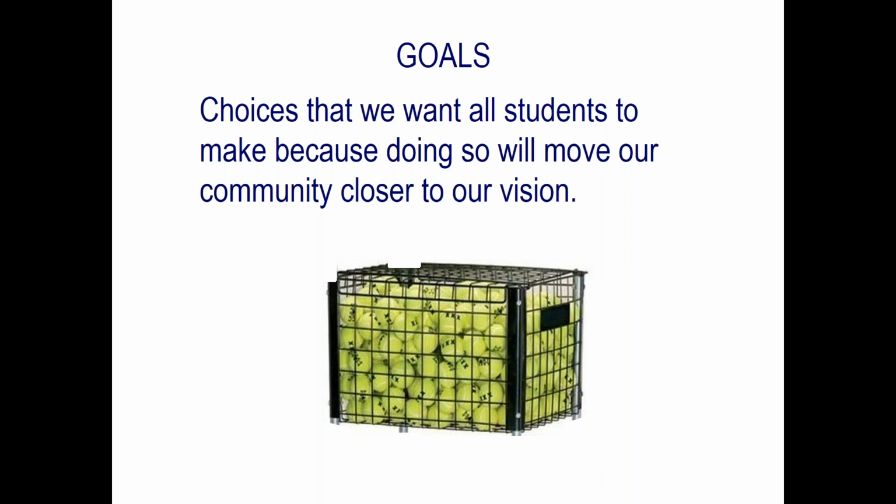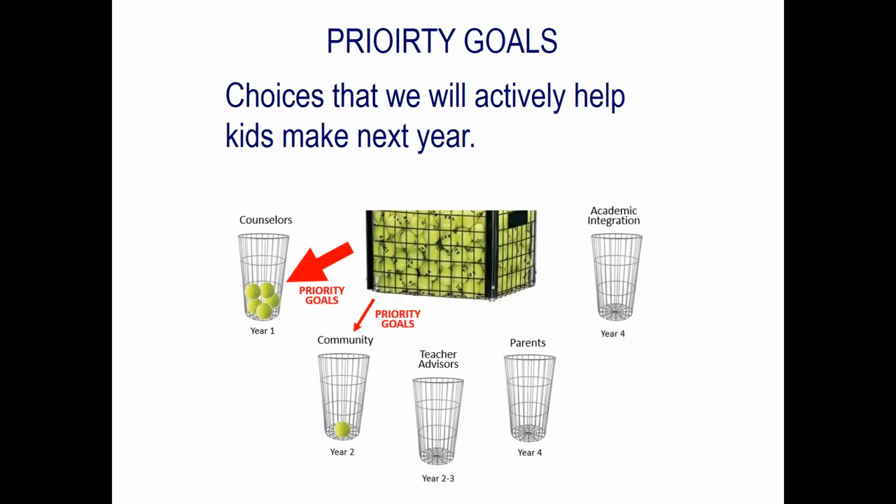And remember, that's where we said that there would be a lot, maybe 75, 80 in a high school, maybe 55-ish in a middle school, and then slightly fewer in an elementary school. But there's a lot of choices that successful kids make that result in them being successful. Okay, so then we talked about reminding folks that we have all these choices. The first thing we're talking about is which of these choices are the counselors going to address, and we drop some of those choices into the counselor's basket.